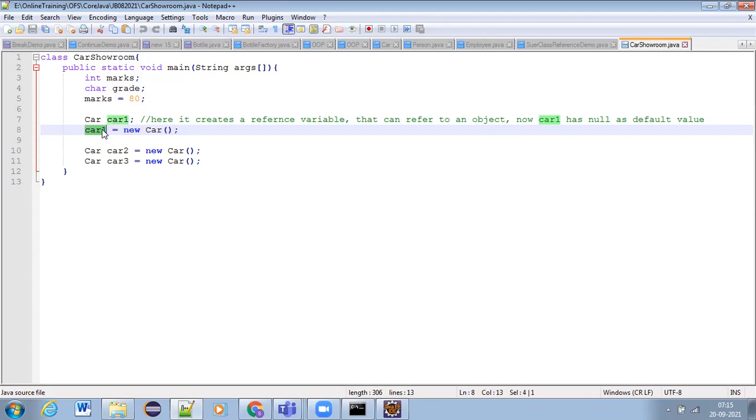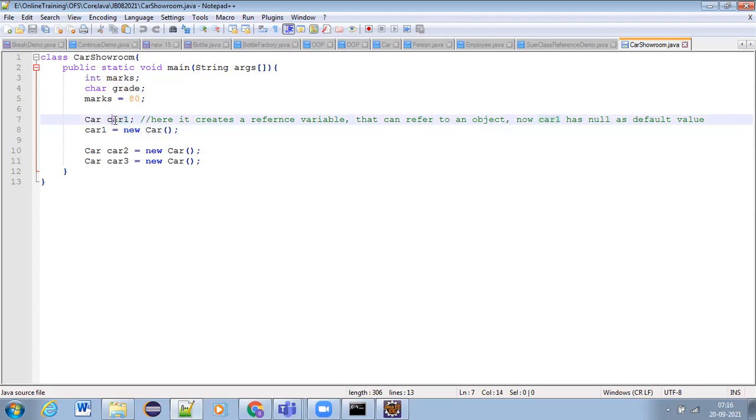Rather, it wraps or hides it behind a hash code, and gives that hash code as the address of that particular object memory location. That address of the object memory location is what we call a reference, and that reference is being stored in this reference variable car1.